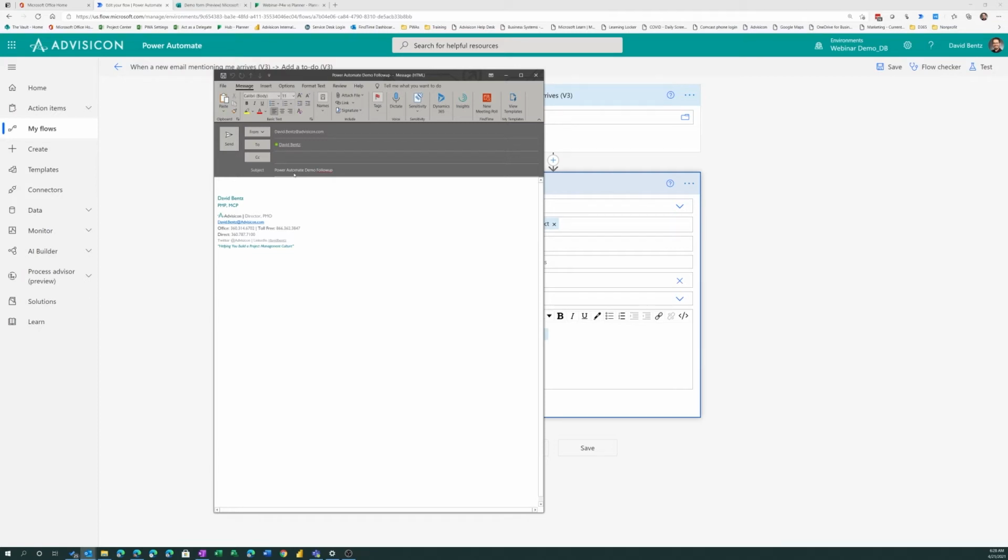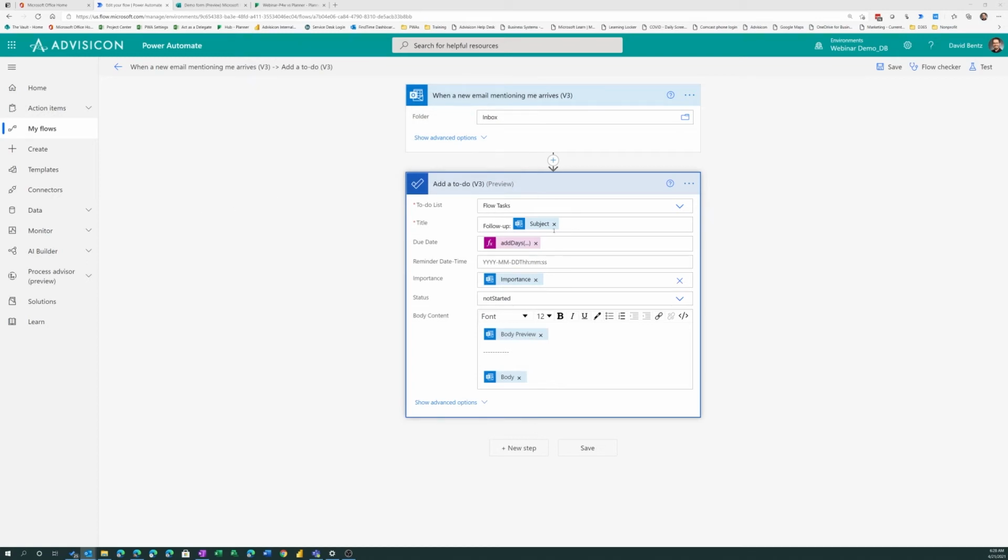Now the key part of this is some text, and using Outlook's app mention function, this is going to be the key trigger. So what's cool about this flow is that this will only create follow-on tasks for any email that comes in where I'm app mentioned. So as we now send that task over here,